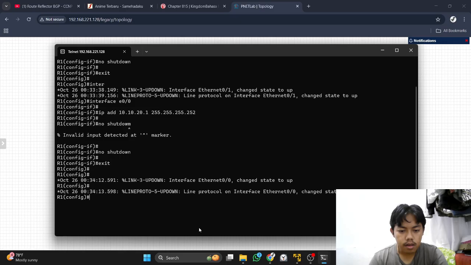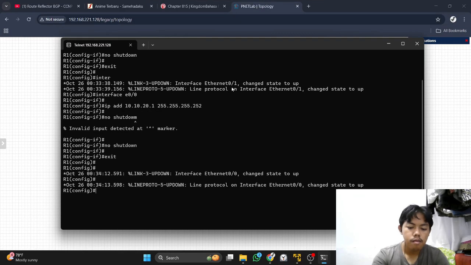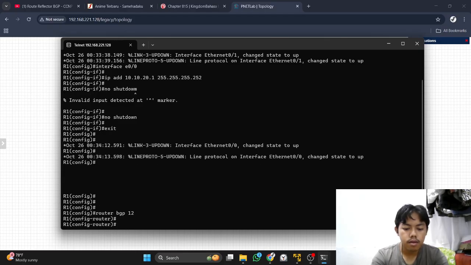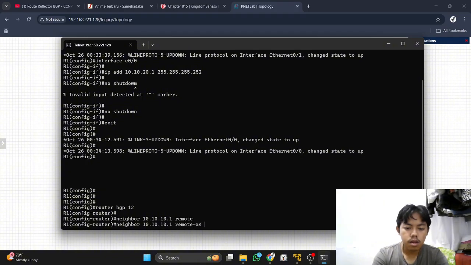After this, we configure the BGP. After BGP 12, neighbor 10.10.10.1, remote-as 12.